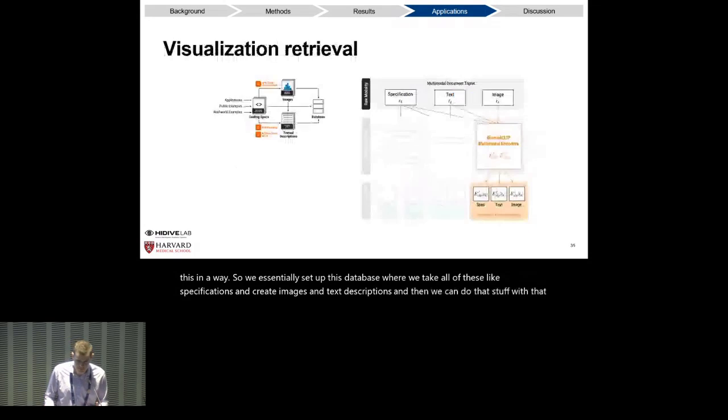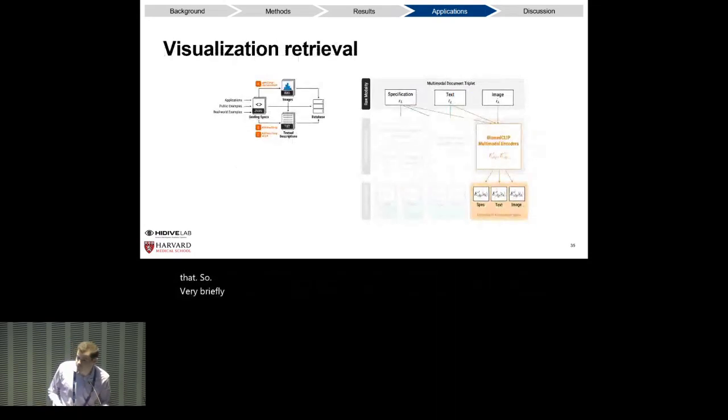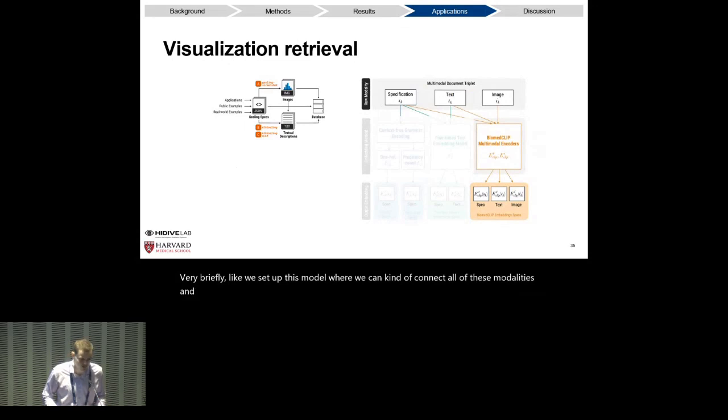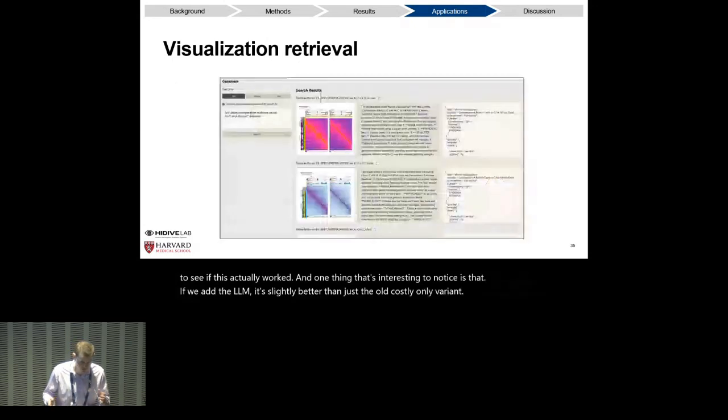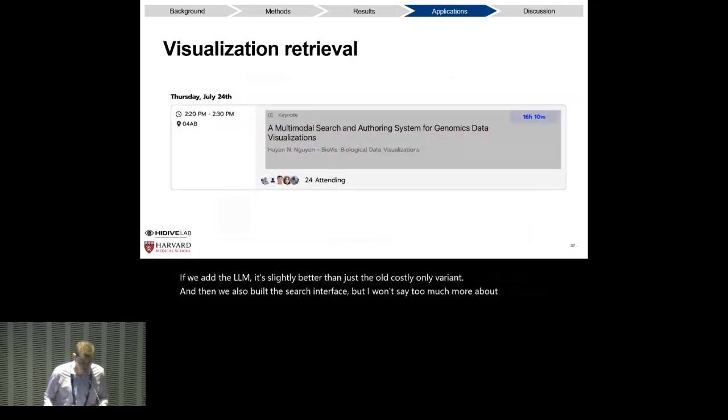So very briefly, we set up this model where we can connect all of these modalities and try to find images, for example, through text. We did this top K retrieval strategy to see if this actually worked. One interesting thing is that if we add the LLM, it's slightly better than just the Gosling only variant. And then we also built the search interface, but I won't say too much more about this because if you stay for a bit longer, in about 2 hours, you can hear a lot more about this